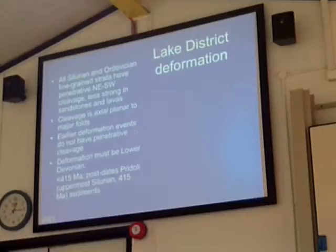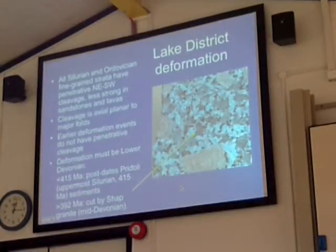Specifically, because it postdates the youngest sediments of the Windermere group, which are brackish silts in the Pridoli at the top of the Windermere group, about 415 million years old. These are cleaved, so the cleavage must be younger than the uppermost Silurian. And the cleavage is also cut by the Shap granite, which is dated at 392 million years. The Shap granite is emplaced into the Windermere group and Borrowdale group, near the Windermere group Borrowdale group boundary,